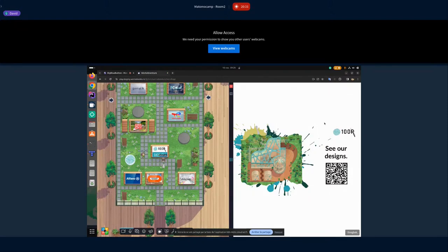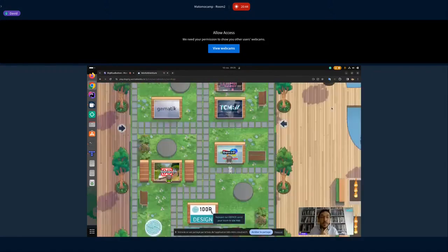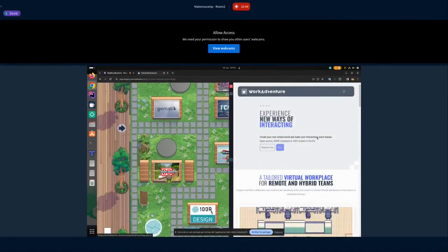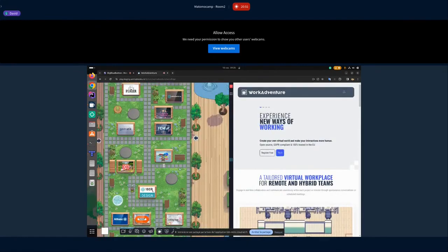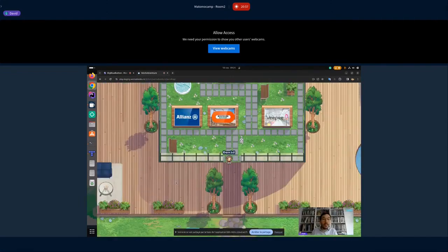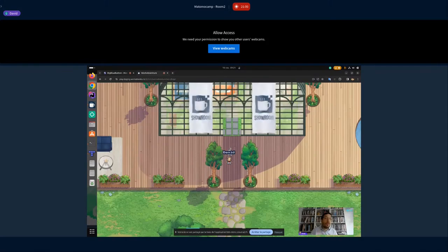So it means that when you design a map, you can actually plug WorkAdventure to any website. So here, it's a simple presentation website, but you could, for instance, open other websites like a Google Drive, a Google Doc, and you are working together on a Google Doc while speaking to each other.